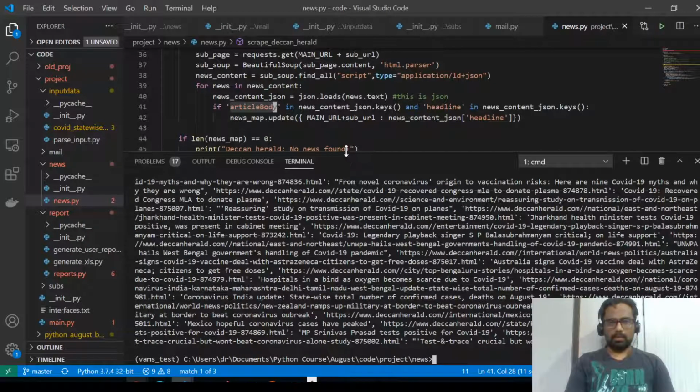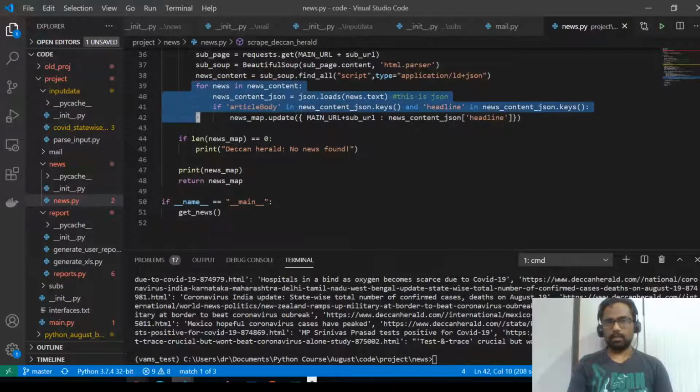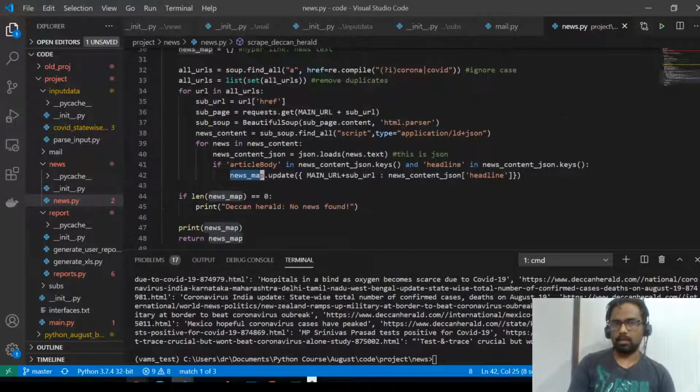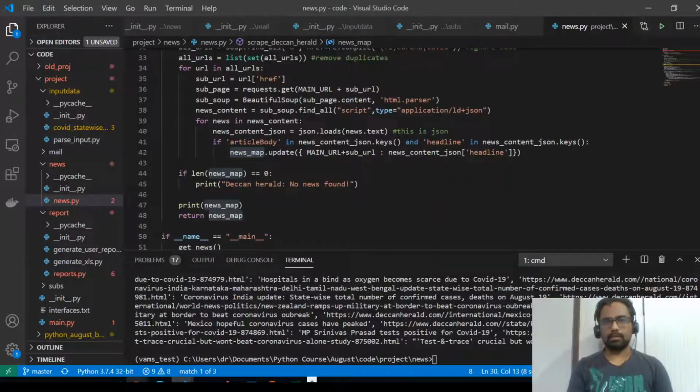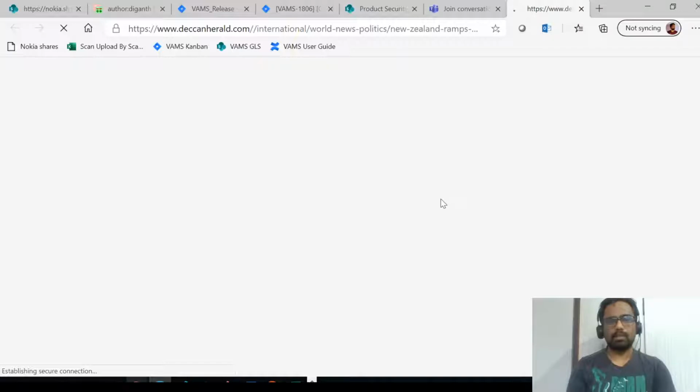So that is what we just do. We get that node and we traverse through that, and then we just update our temporary data structure. Here the intention is to collect this in a dictionary. The dictionary will contain the hyperlink and the news text. So I just wanted to show you the text. It's taking